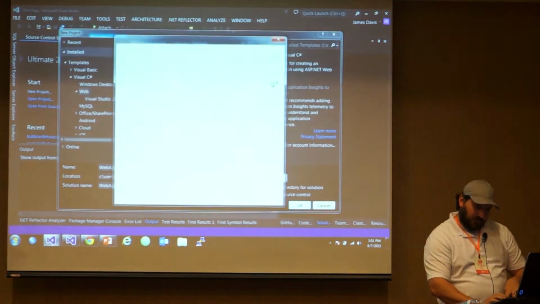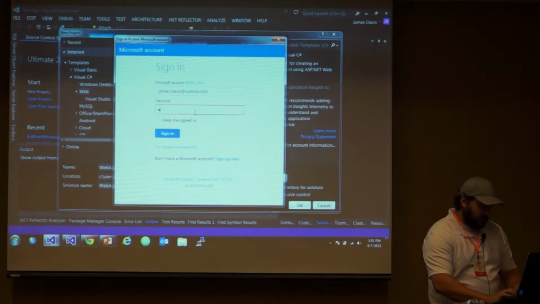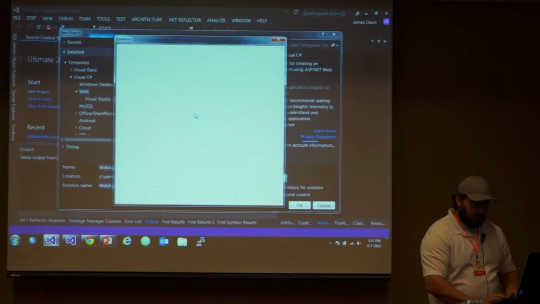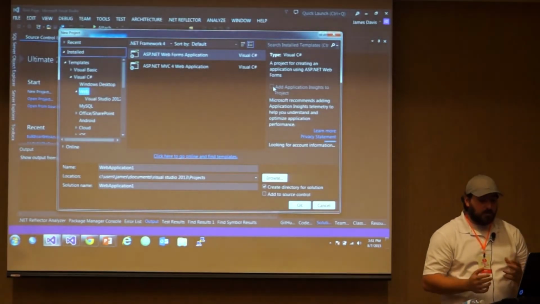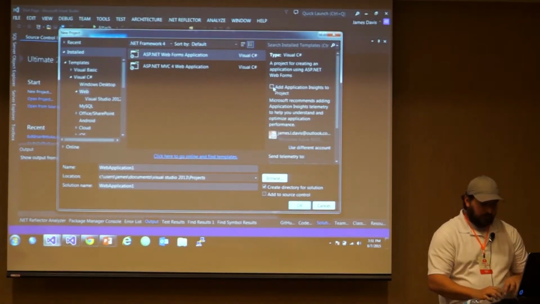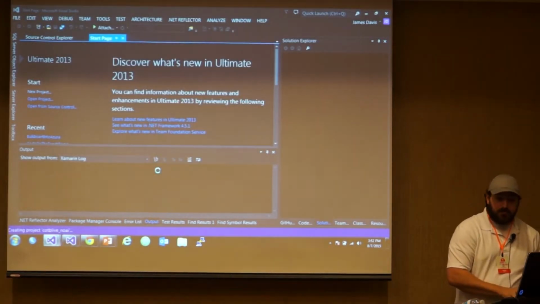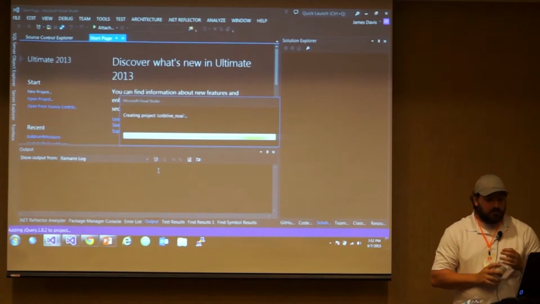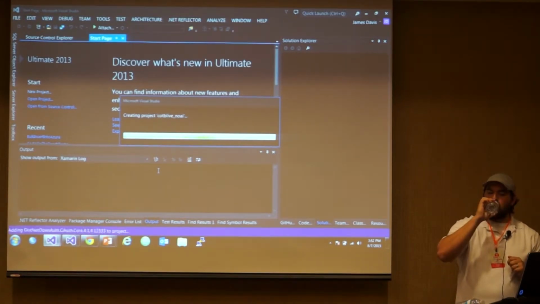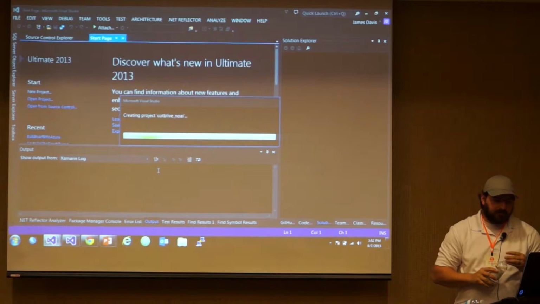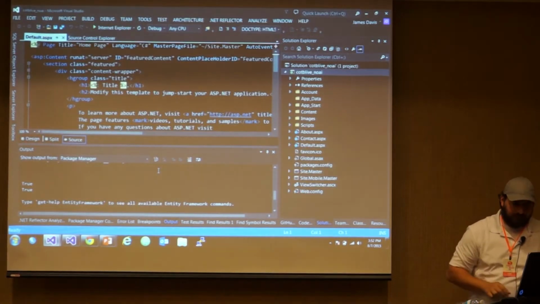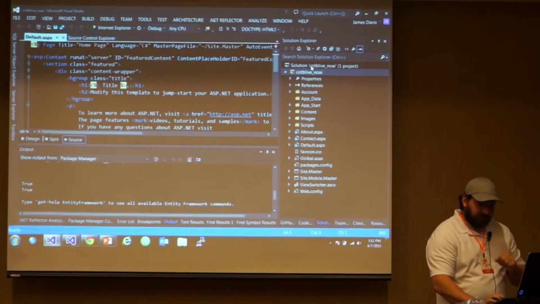New project. I'll deselect this. I'm pretty sure it'll come up again. And I'll leave that as is. Should start a little bit faster. We'll see if I get the same object reference error. Nope. Now,